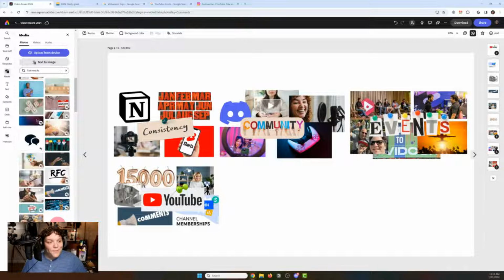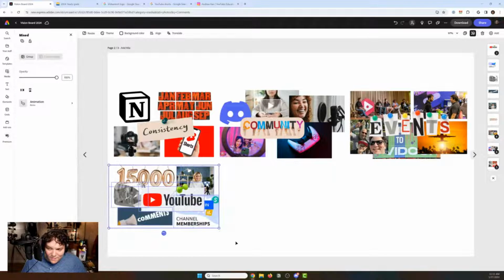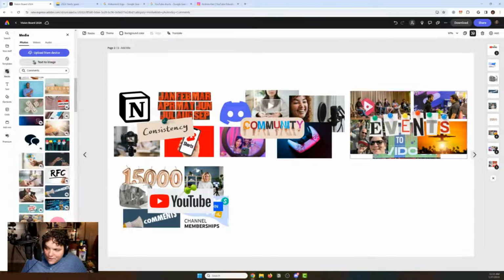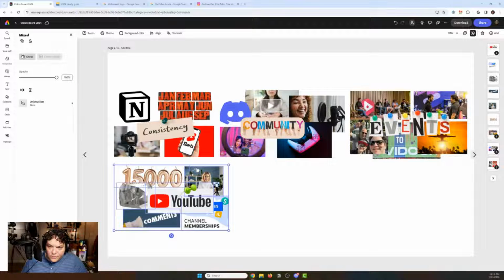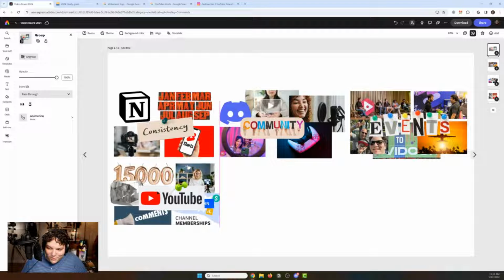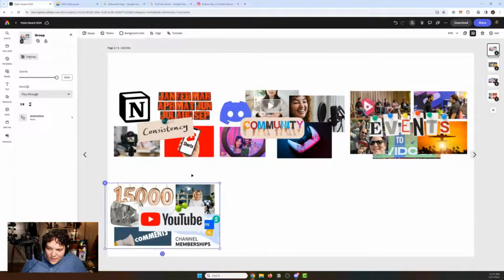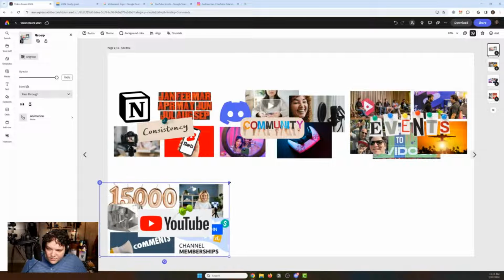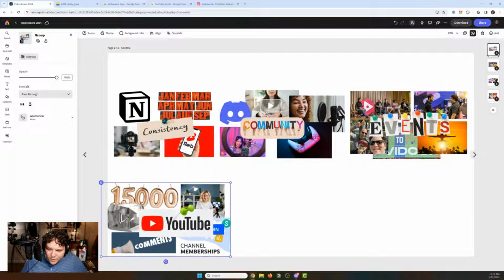That's kind of the big goals when it comes to this year. And again, I can add to this. It may not be just this simple. It could be more. Like, I reminded myself to take more photos when I was talking about consistency over here. So this is just one of those things. I'm going to group this now. Actually really enjoying how it's starting to look. And maybe I just make it a little bit bigger for myself here. So we make consistency a little bit bigger, cover up a little more space.